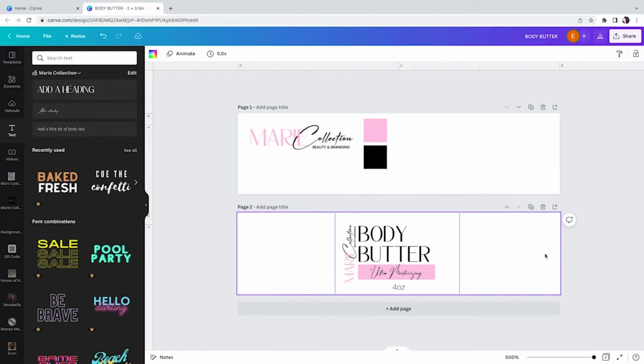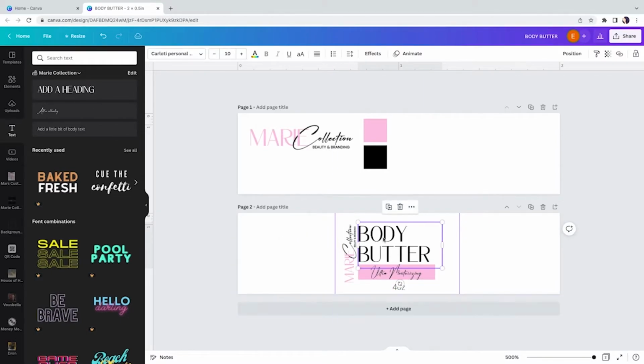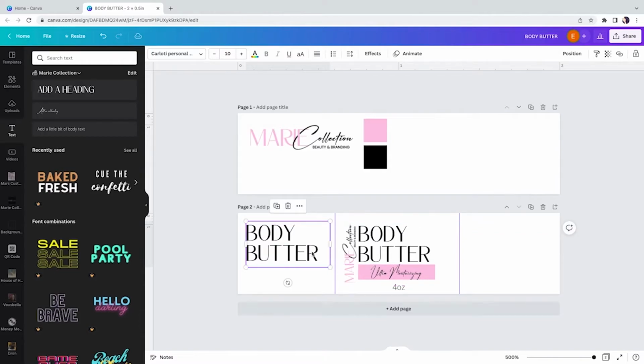Like simple. The name of the product, your logo, any key ingredients or the benefits of your product, and then how much product is in the container. Next, we're going to go into ingredients and directions. So I'm going to copy this just to be lazy. No real reason, because I'm going to have to resize it anyways. But I'm going to copy that, and then I'm going to change it to